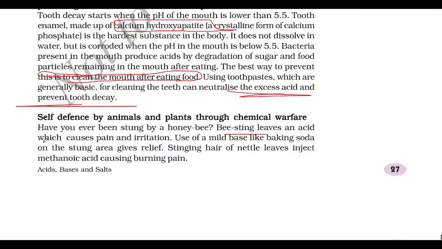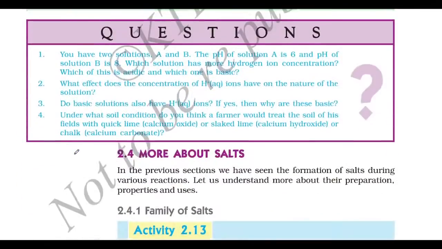Self-defense by animals. Bee sting is an acid, it causes pain and irritation. It contains which acid? Methanoic acid. Make a note. Bee sting or nettle leaves inject what? The methanoic acid, which causes what? Burning pain. Students, very important 1 mark question, and also